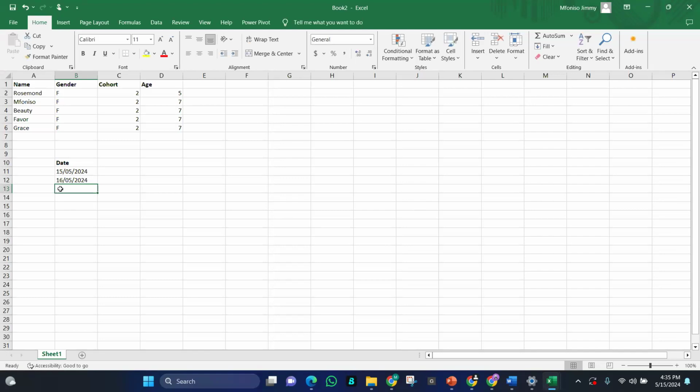I come here, 17th of May 2024. I have given Excel a pattern I want to follow. That this is 15 May 2024, 16 May 2024, 17 May 2024. I want to follow this pattern. So once I come here, I make it turn to plus and drag.